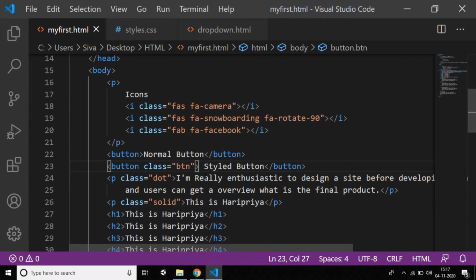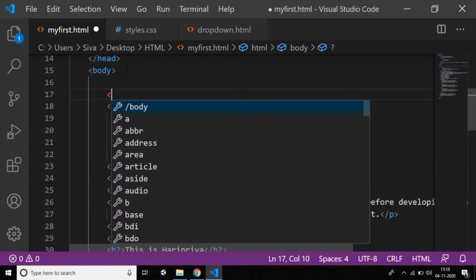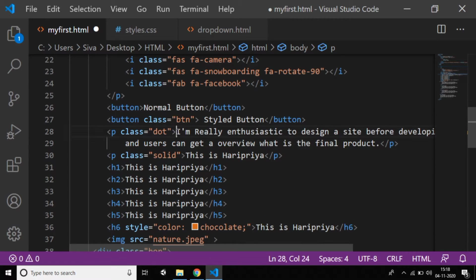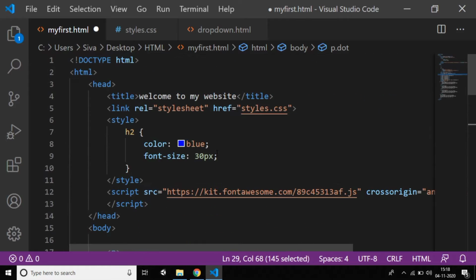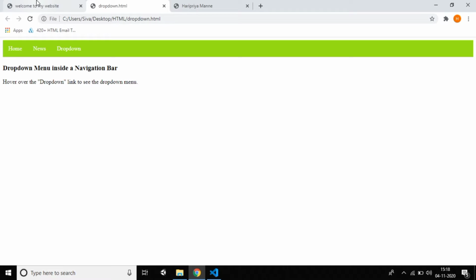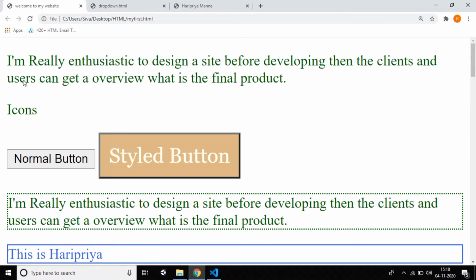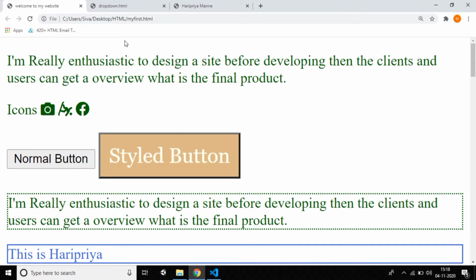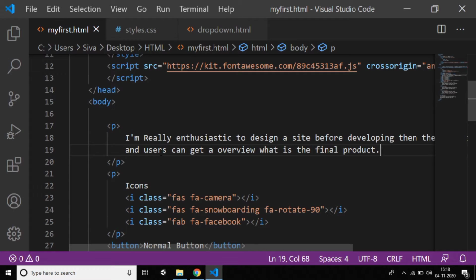So I'll go to my first .html. I'll create something called rounded corners. Here I'm creating the p tag, copying and pasting some code related to the p tag. So here I want to round this one. Just Ctrl+S and reload. I want to get rounded corners. Is it possible or not? Let me explain how we can do it.